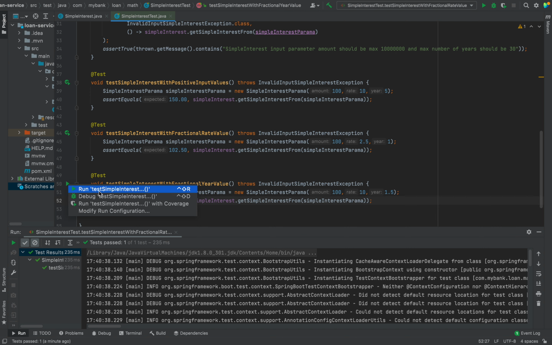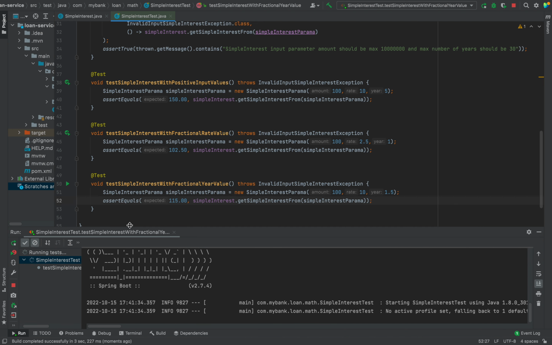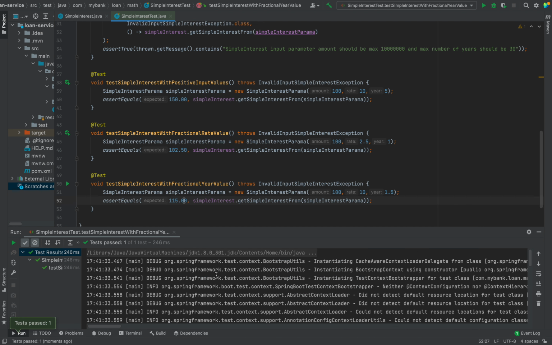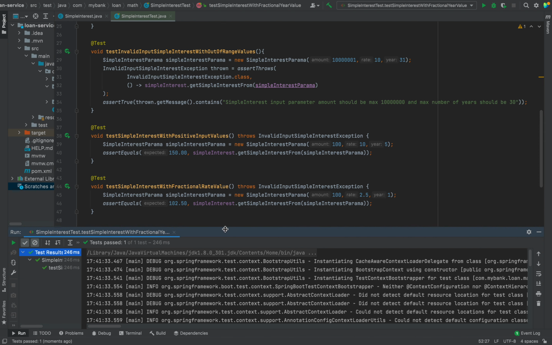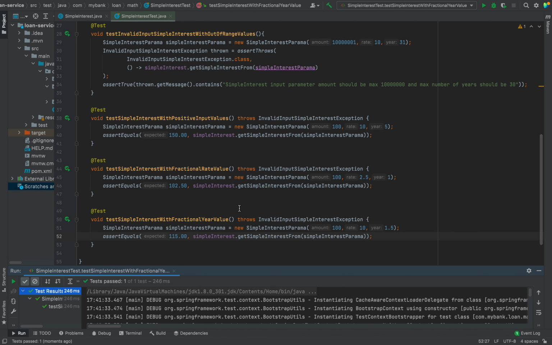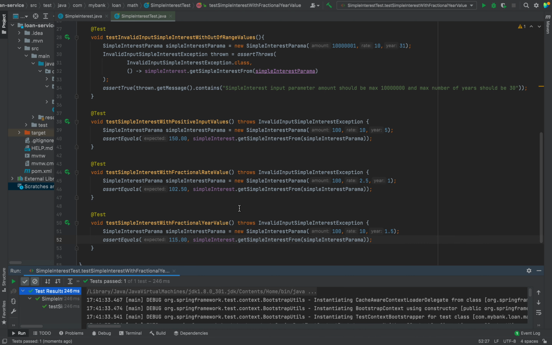So I'm expecting this to pass. So if this passes, we have covered the basic scenarios to calculate simple interest, and with these 5 test cases,